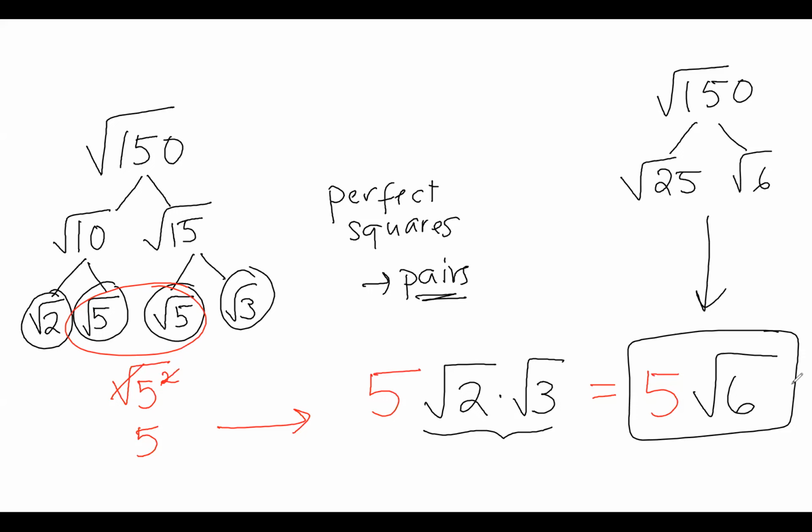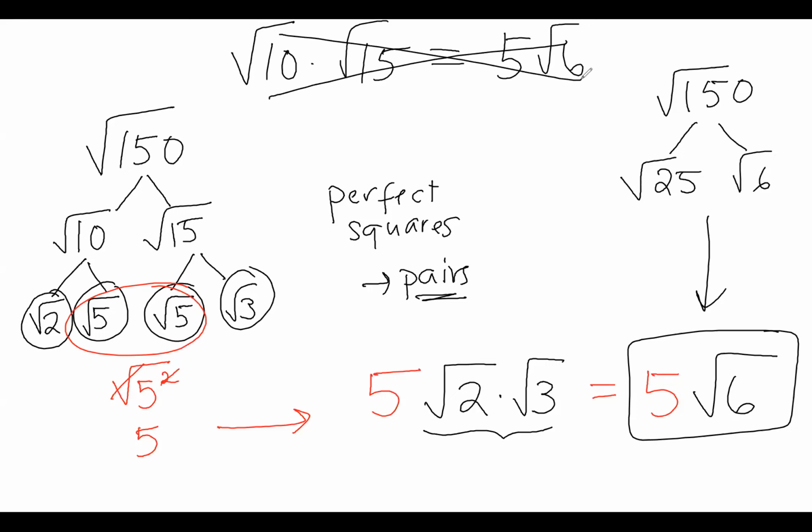But I hope you can also see that you need to show some kind of work. Right, so if you just had the square root of 10 times the square root of 15, and then you just wrote 5 square root of 6 for your answer, that's not enough. I need more than that, okay? You need to show some intermediate steps of some kind, and hopefully I've modeled a couple ways you can do that. Okay, let's get back to our notes, and we'll take a look at number 2, which involves some larger